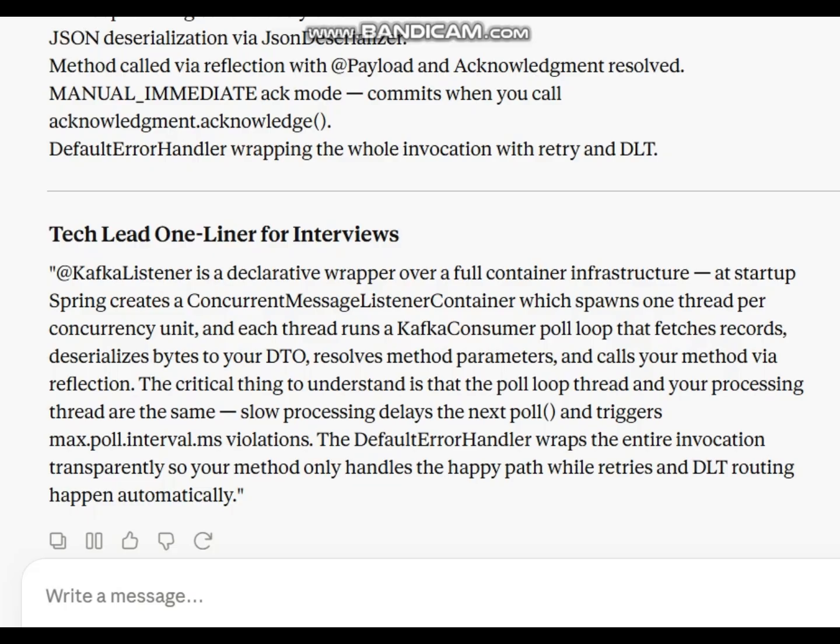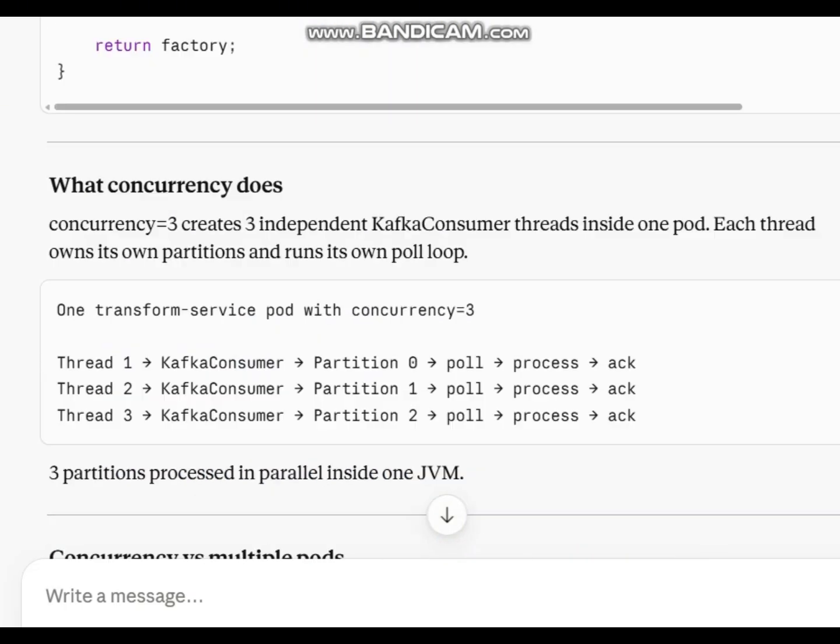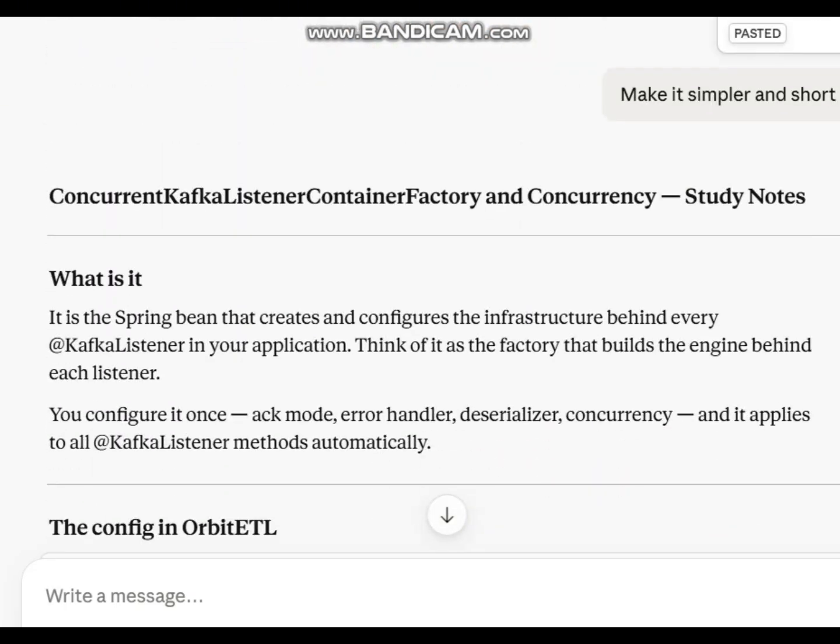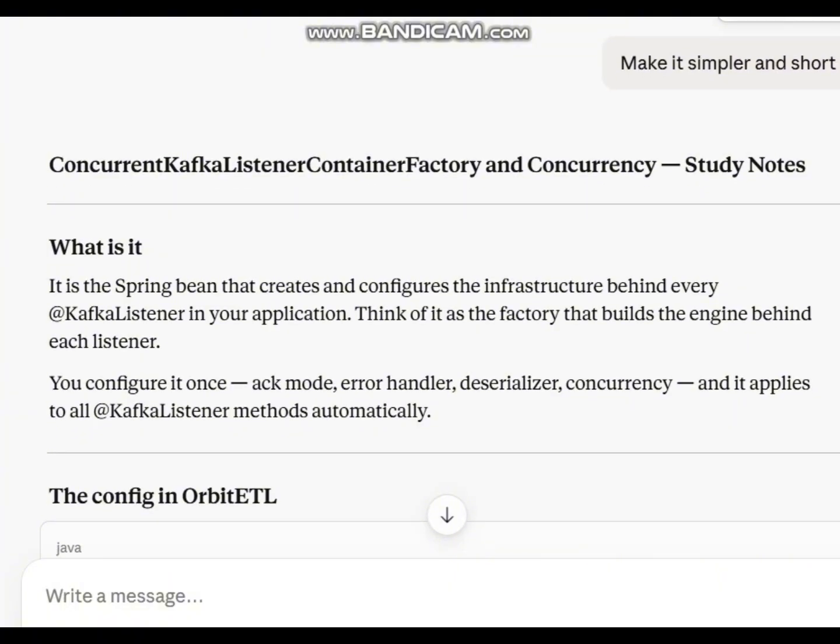The critical thing to understand is that the poll loop thread and your processing thread are the same. Slow processing delays the next poll, and triggers max.poll.interval.ms violations. The default error handler wraps the entire invocation transparently, so your method only handles the happy path while retries and DLT routing happen automatically.